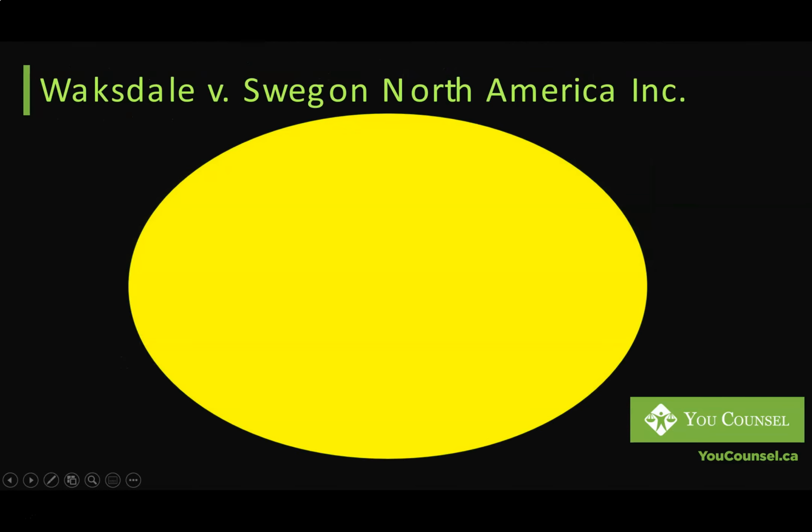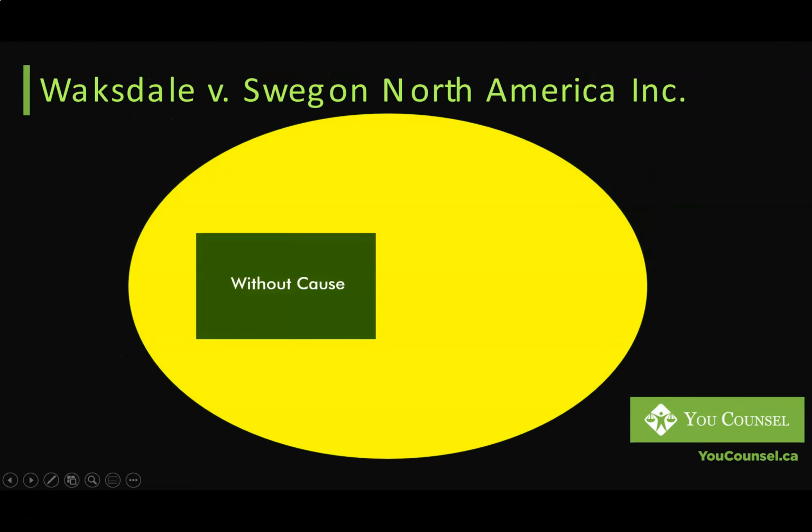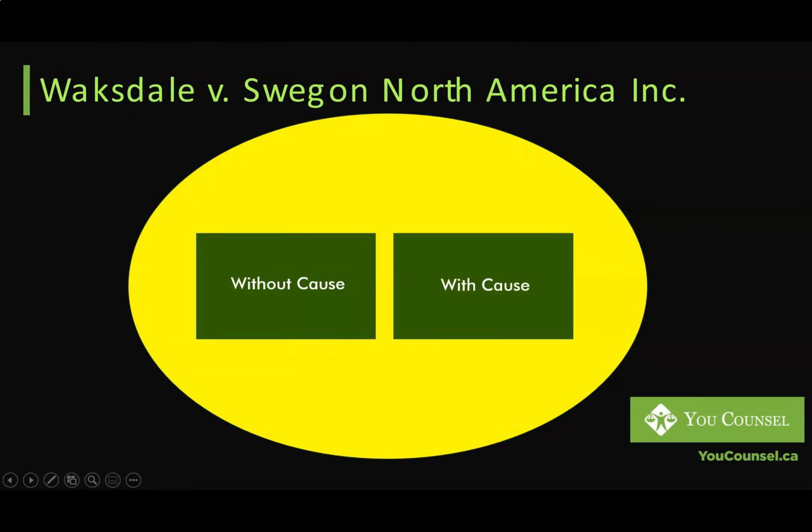That has significantly changed because of the Waksdale versus Swigan decision, and the court has said that termination is termination, whether it's with cause or without cause, whether you put it in two separate clauses, we will consider this as one clause. We don't see any difference between the two with respect to them relating to termination. So if with cause termination is unenforceable, the entirety of the termination clause would fall, which means that the employee's rights will be going back to common law rights. And in this case, this is exactly what happened.